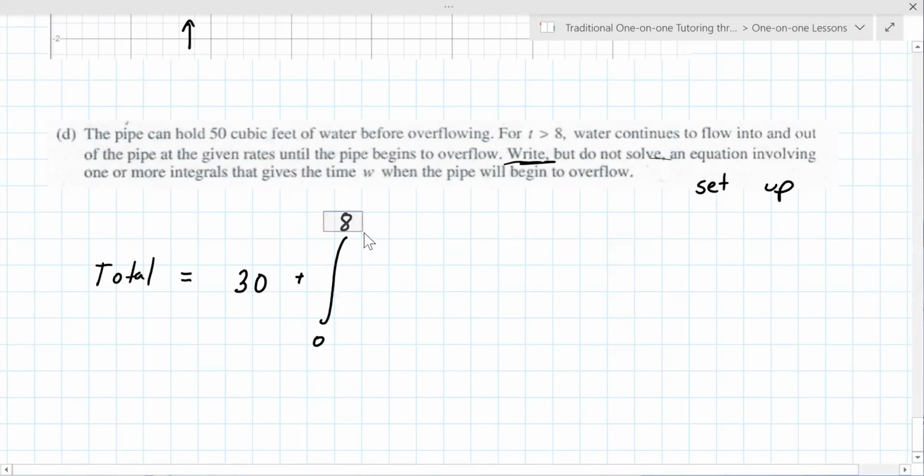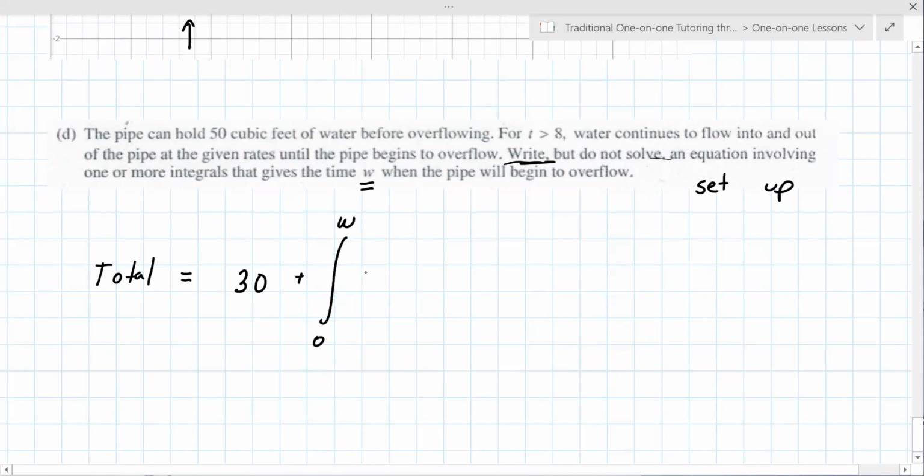Oh, so see how the original function is only defined from 0 to 8? They're saying ignore that. They're saying it's going to keep going. So from 0 to sometime w, you're going to integrate